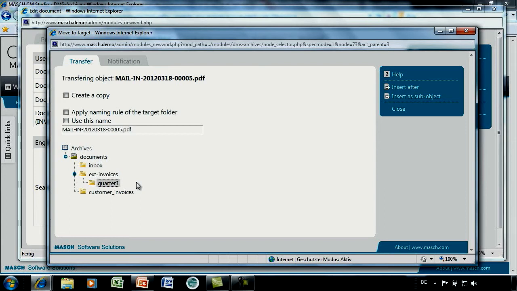What we are doing now here is to say, okay, we want to choose this folder as the target folder. This is the folder for all invoices in quarter one, and we apply the naming rule of this folder. We can either use the dedicated name which was given by the import, or we can change this name manually, or we can say, okay, we know that this folder has an automatic naming procedure set up like the mail inbox folder, and then we take the sort number from this folder